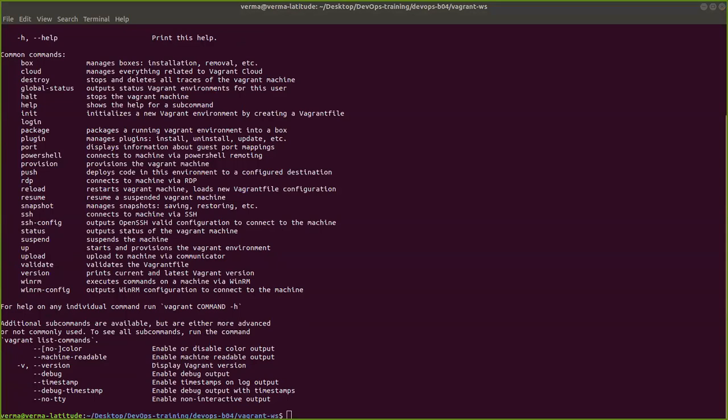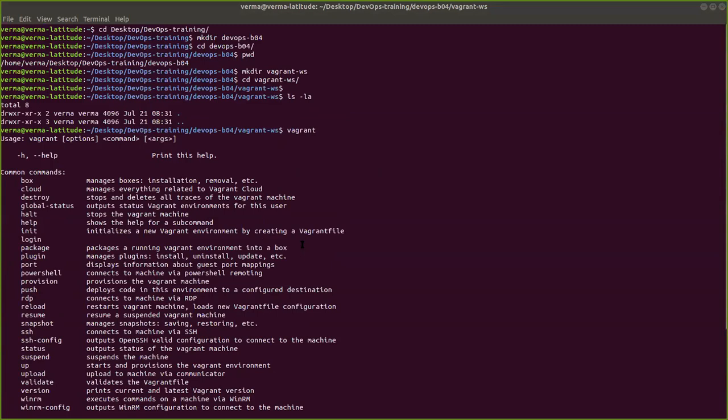Rafiq, you installed Git Bash? Yeah, I did. Okay, now you just go and execute the vagrant command. Radhika also, you just try, and after that message me yes or no, whether you're able to see it or not, because that should be the first thing you need to do.